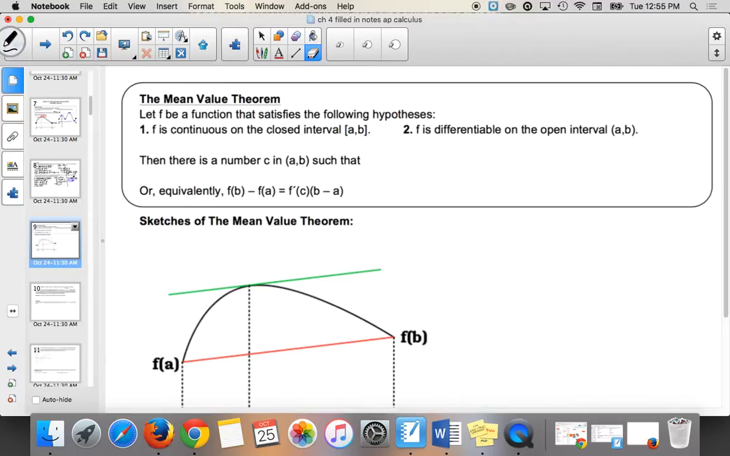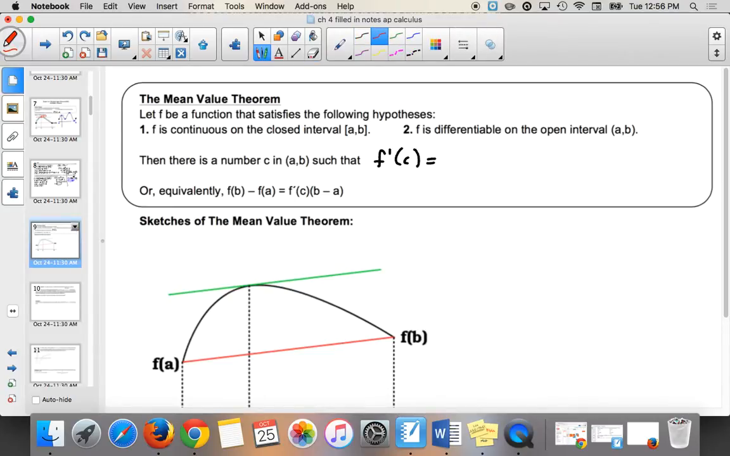All right, so the mean value theorem. This is the more general form. Rolle's theorem is a very specific case of the mean value theorem. It says let f be a function that satisfies the following hypotheses. The first two are the same. F is continuous on the closed interval, f is differentiable on the open interval. It says then there is a number c in a to b such that f prime of c is equal to,